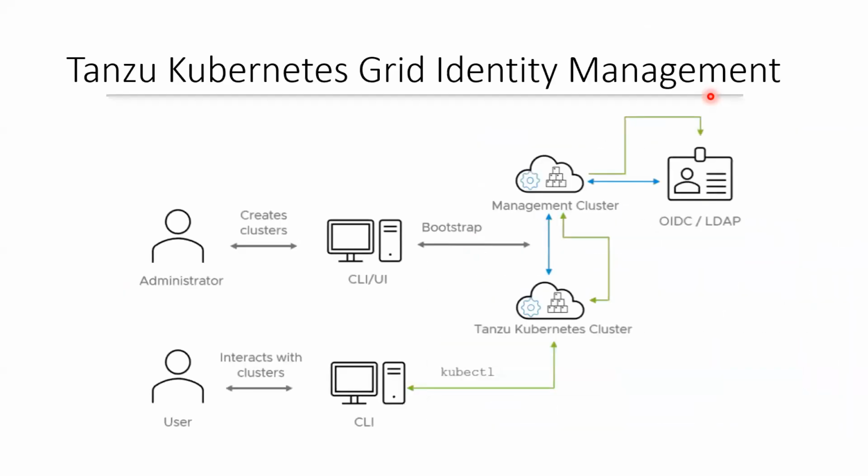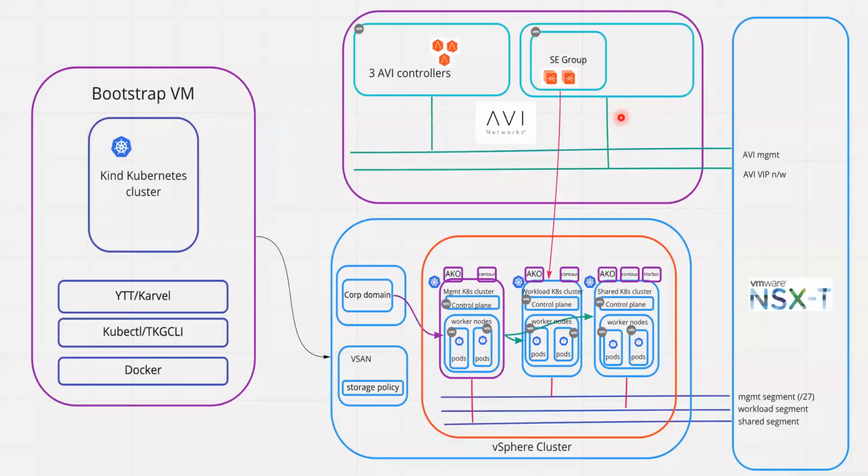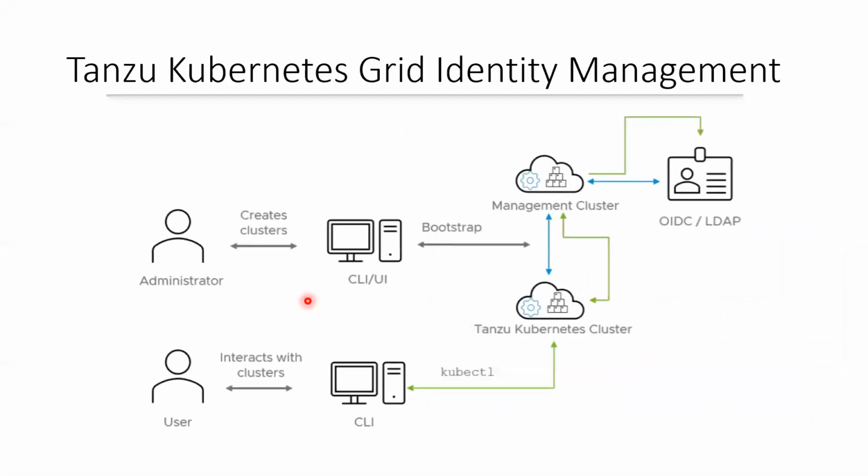When you're creating the management cluster, the first cluster that we deploy, we would be defining in the management cluster what the identity management provider is that we want to use. It can be your Active Directory, or any other OIDC client that you have. So during the management cluster creation, you will specify this, and whatever is specified there would be inherited by the other clusters.